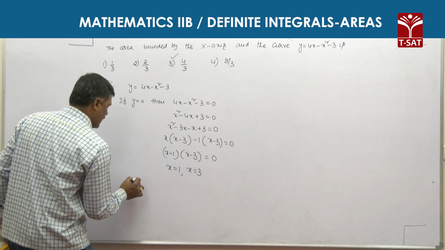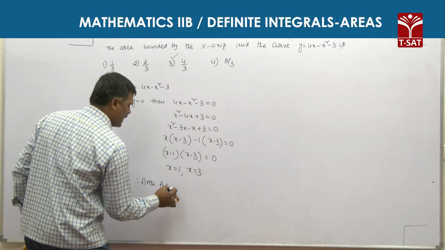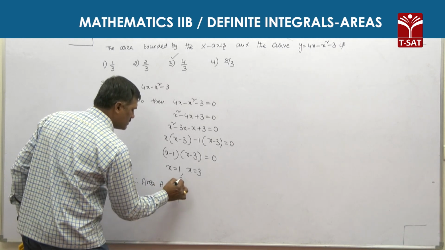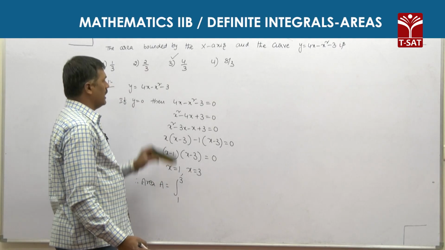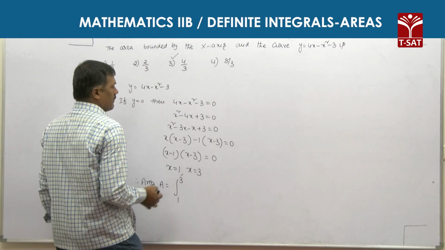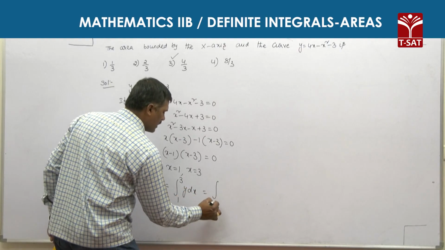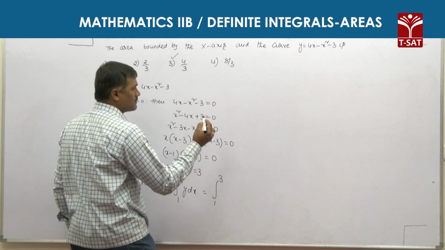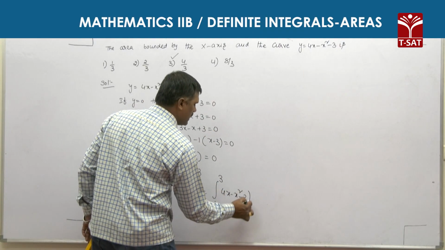Therefore, area A is equal to integral from 1 to 3, x is equal to a, x is equal to b, of the given function y dx, that is equal to the integral from 1 to 3 of, what is y, 4x minus x square minus 3 into dx,